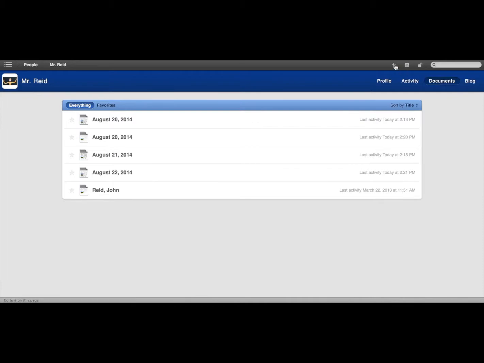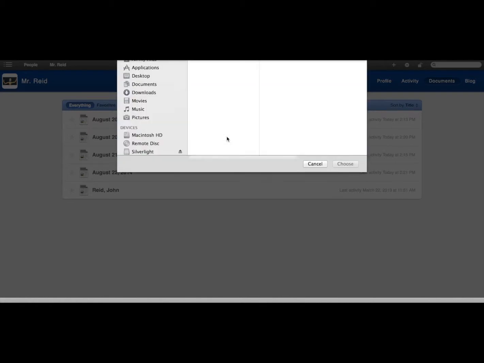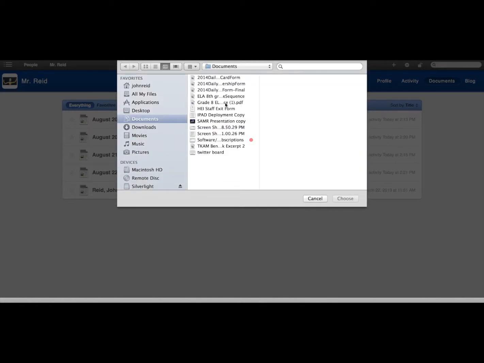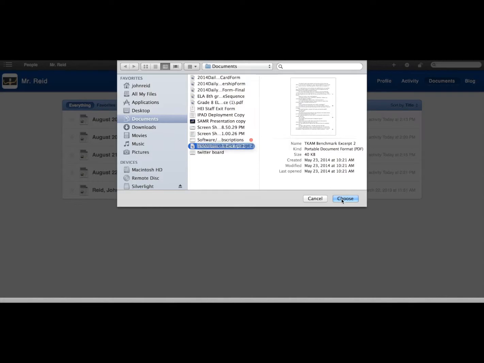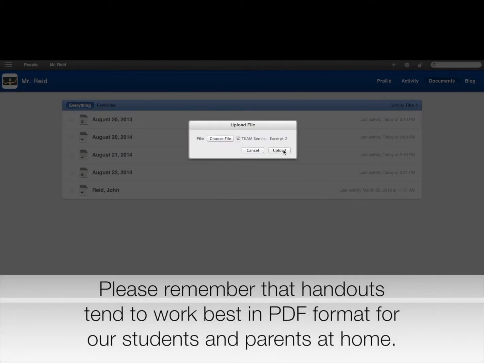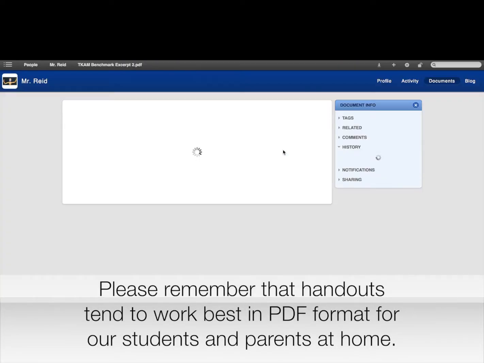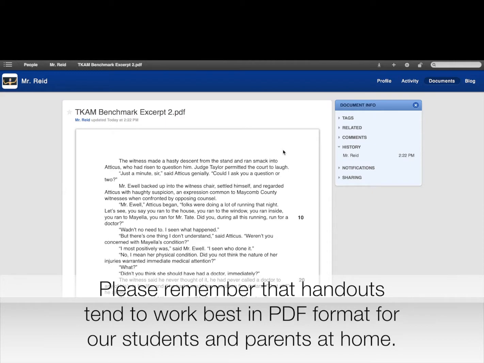I can go up to the plus, and I can also upload a file to my documents as well. So let's say I have a handout that I wanted to put in, but I don't necessarily need it to be in a particular post that I have on my blog. I just want it to be here as a listing of documents that I have loaded up for students to go take a look at. Once I upload that, it will actually give me a nice preview of it, so I can take a look at that,